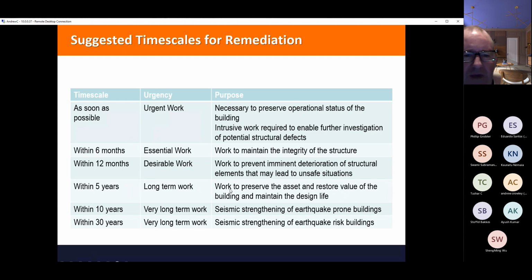So some will be down to general maintenance. Okay, the building's not too bad, but it could do with some maintenance. So you can put certain items on your regular maintenance schedule. And many commercial industrial buildings will have a regular maintenance schedule. It might be on an annual or a 5-yearly basis, but it needs to be done. At the other end, seismic strengthening for buildings. Now in Auckland, we have a very relaxed approach to seismic strengthening. You've got basically up to 30 years to do the seismic strengthening for earthquake-prone buildings, but you might hint to the client that they might want to do it a bit quicker than that.